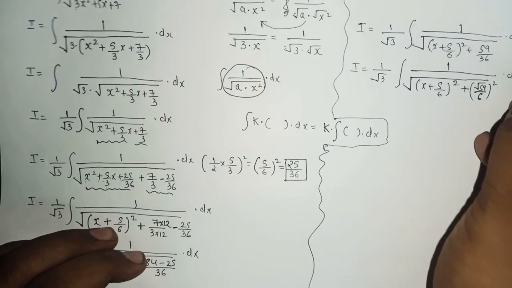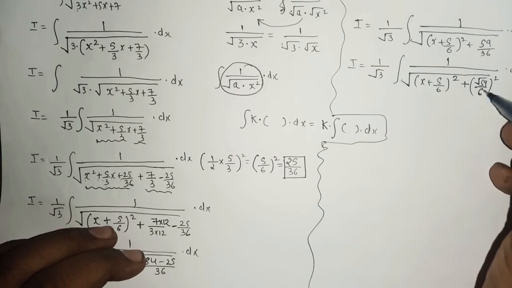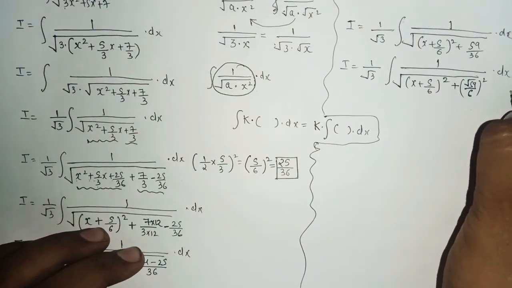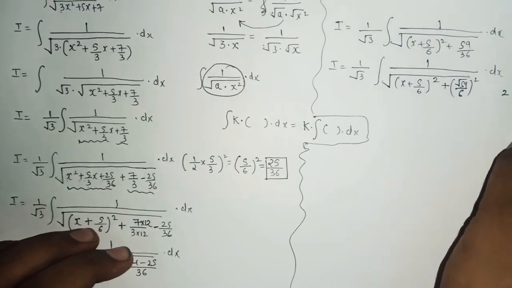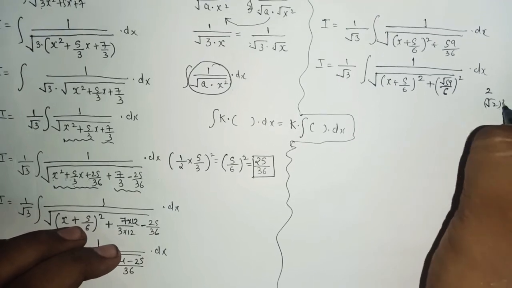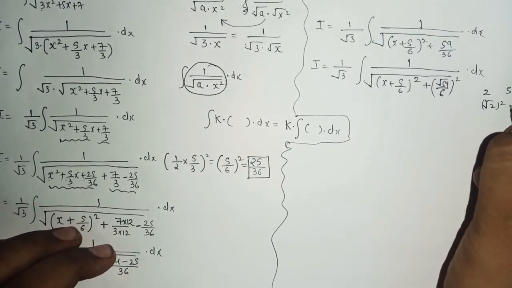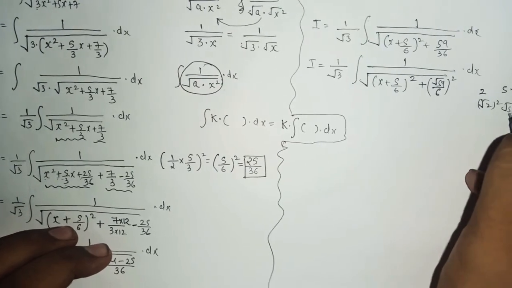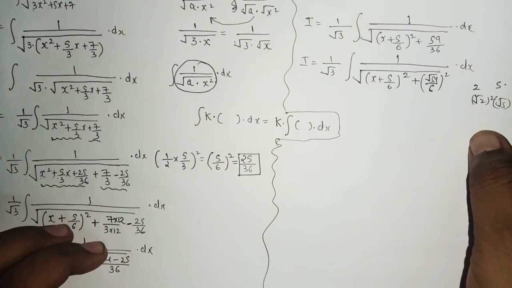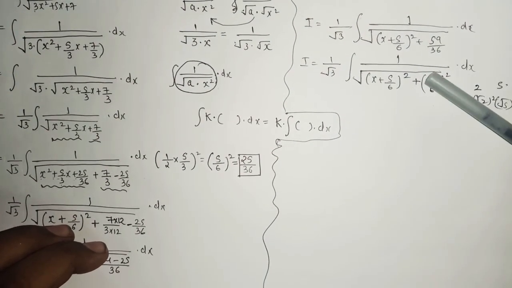Yes or no? If we don't have the square root of any number, we have to write that number in a root form. Suppose we don't have the square root of 2, so in the next step we can write this 2 as root 2 the whole square. Suppose here it is 5, so we don't have the square root of 5, so we'll write 5 as square root of 5 the whole square. Remember this step, whenever we don't have a square root of any number, we have to write it inside the root. Okay,